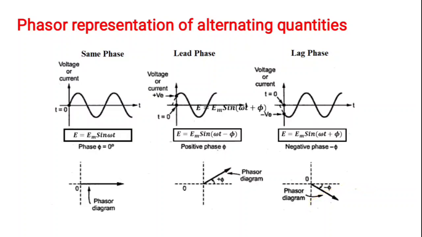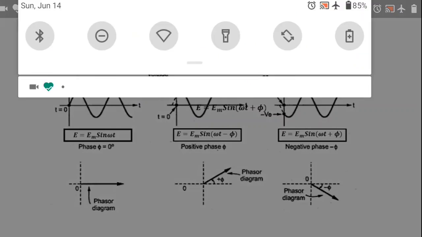So in this video lecture, we studied the procedure of generating the sinusoidal voltage, the fundamental concepts of generating the sinusoidal voltage, and after that we studied what we mean by the average value, the RMS value, the form factor and peak factor, and at the end we studied how to represent the phasors of an alternating quantity. In the next video lecture, we will study some numericals on AC fundamentals. Thank you.